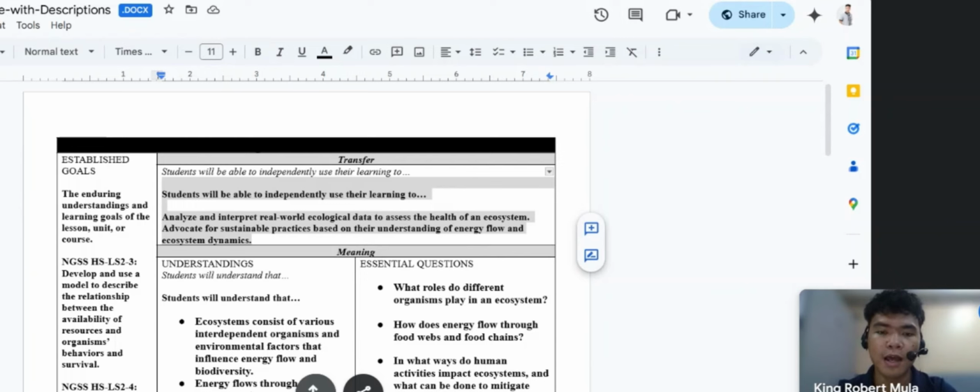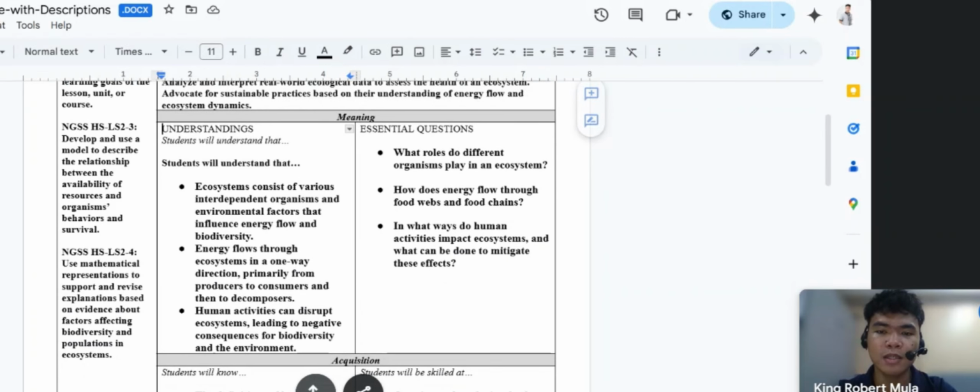So here, let's proceed to the meanings, which start with understanding. We want our students to grasp the key concepts about the ecosystem. This includes recognizing the interdependence of organisms and understanding the flow of energy from producers to consumers to decomposers. It's vital that they see the ecosystem as a dynamic system that can influence both natural